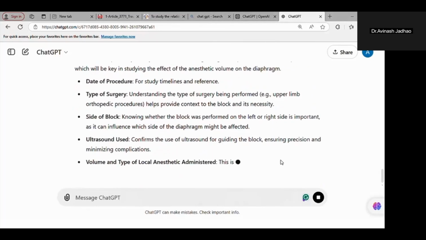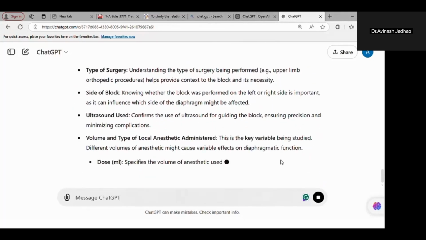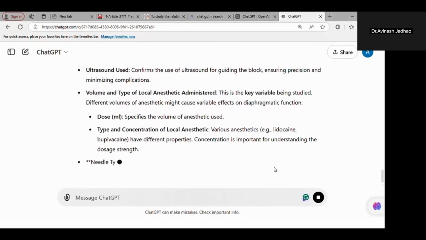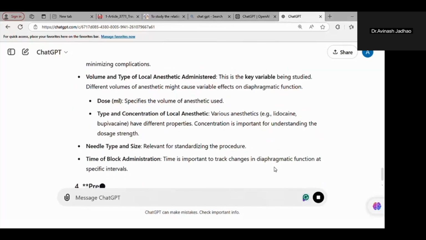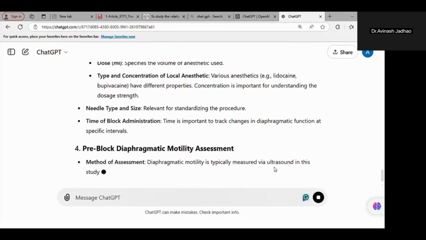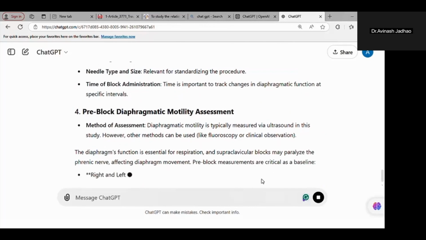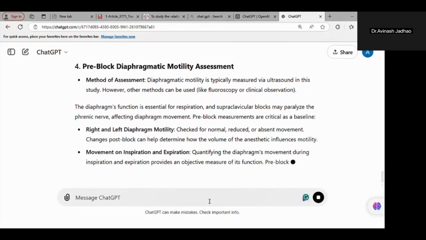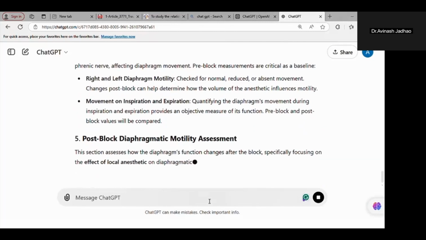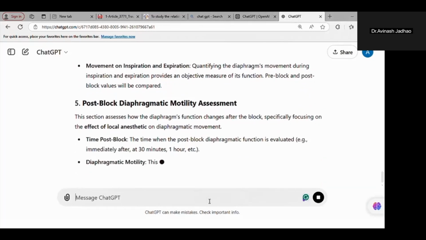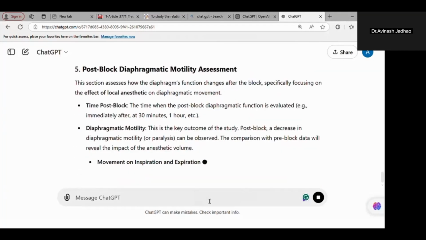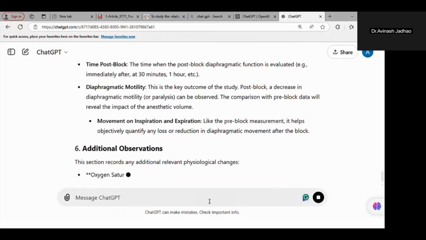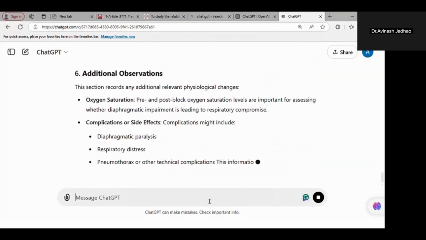So in that condition, ChatGPT will explain in great detail what parameters you are going to write in a case record form, for their understanding, so that they can easily present what is written in the case record form and what you are going to do with its help. So it will help new PG students to write a case record form and they can answer their guide about what their aim is and why they are doing this study.